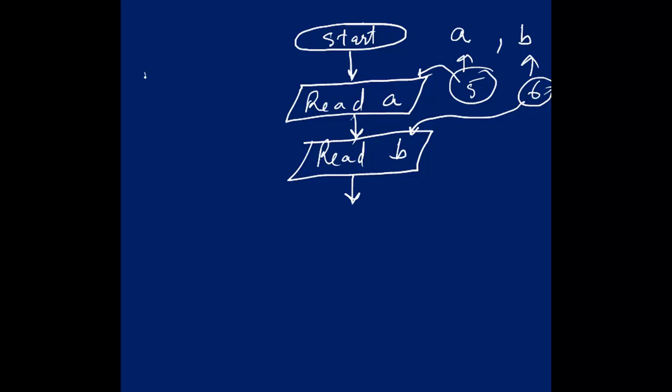How can I swap this? Suppose I have two numbers like this. Value of A is 5 and B is 6. I need to put this value of B in A. But if I put this value of B in A, previous value of A will get deleted. This 6 comes here but 5 gets deleted. Now how can I get 5 for this B? Because it has been deleted, I cannot get it.